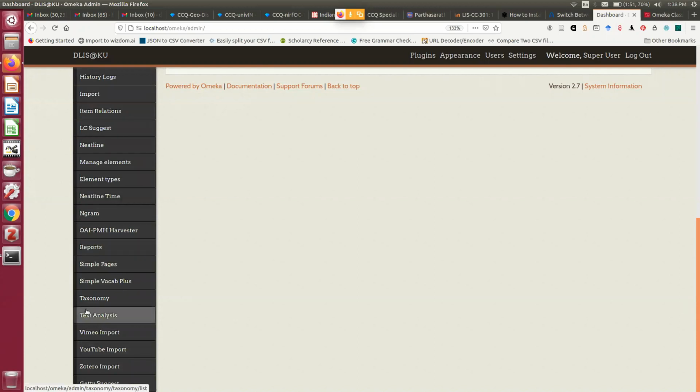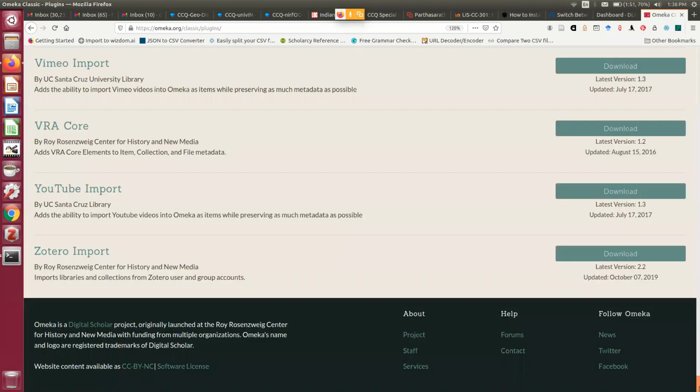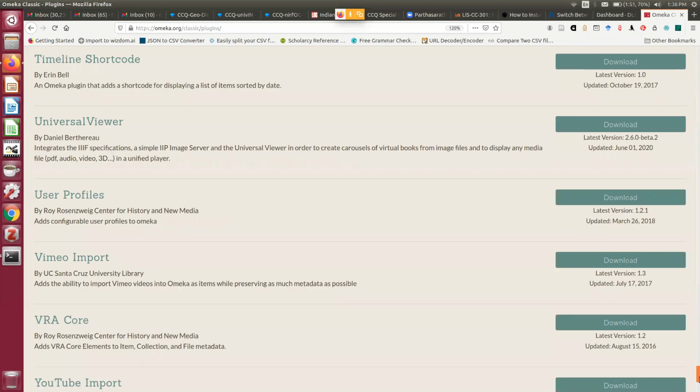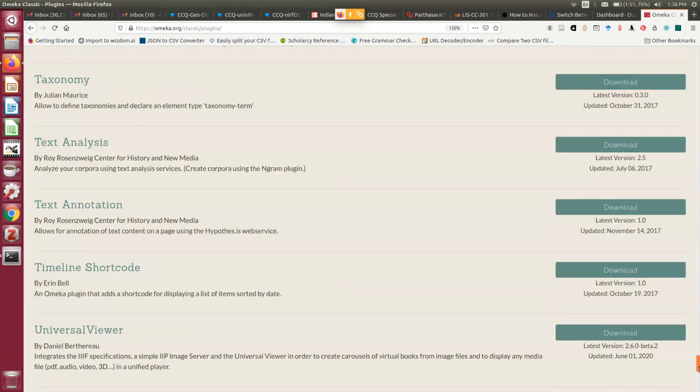I do not have PDF Embed here. First you see how I am going to install PDF Embed. Same process for all plugins, but sometimes you apply some of your common sense. Say for example,